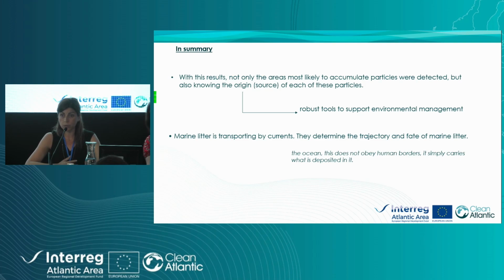And with this modeling method, we have solid tools to support environmental decisions. When you implement a mitigation measure at the source, it will be more efficient than implementing it in the destination area. So when we talk about ocean pollution,